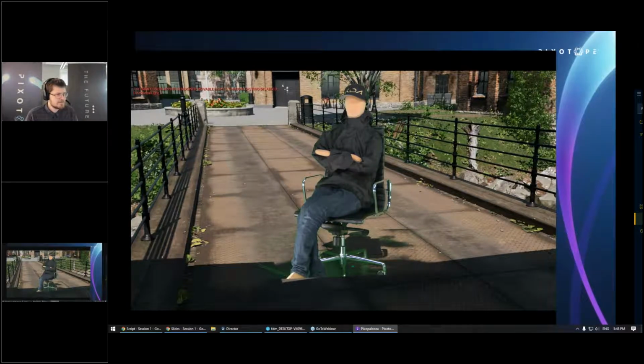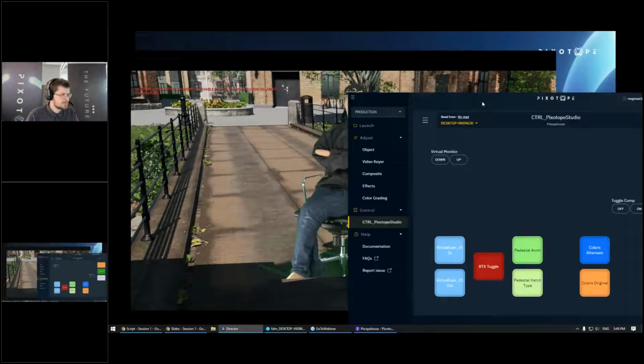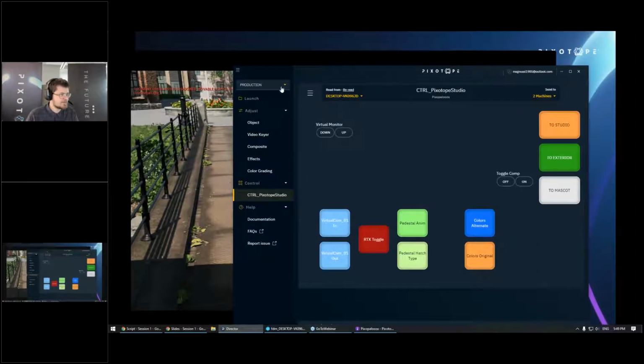Now, before we keep looking at performance and do a deep dive into the set, we can see that our talent is looking a bit green around the gills. We haven't really set a key yet, so it's all kind of stuck in whatever sliders somebody was messing with at some point in the past. So why don't we go ahead and quickly set a key just so we have something slightly more pleasing to look at. We're going to bring in the director, jump to production, and jump to the video keyer underneath the